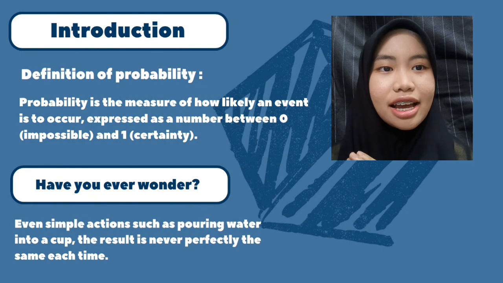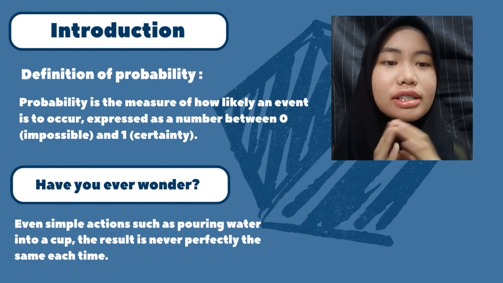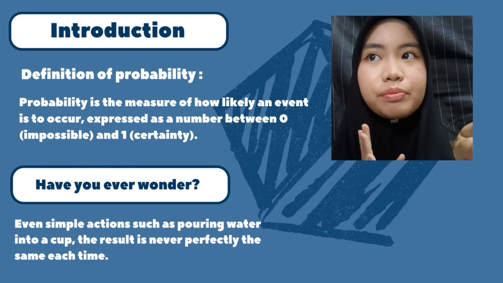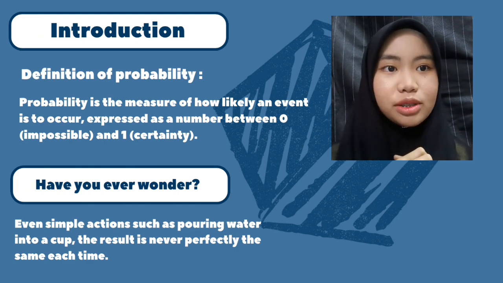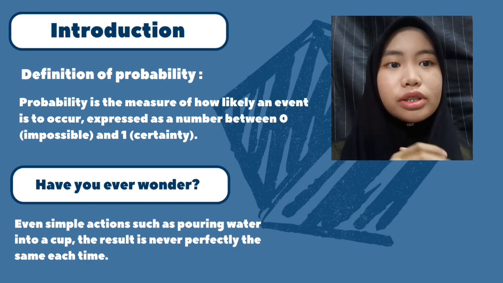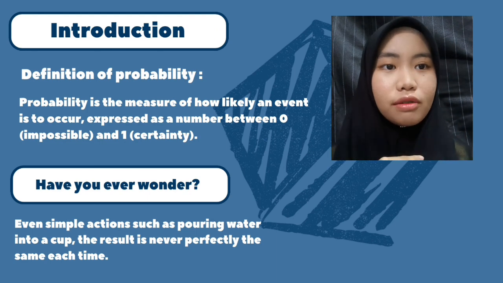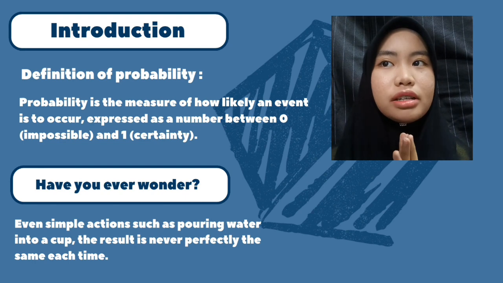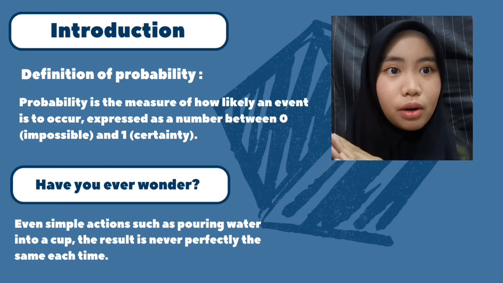So for today, I would like to talk about our experiment, and that is water amount per accuracy. Before we get into our experiment, I want to introduce you to the meaning of probability. Probability is the measure of how likely an event is to occur, expressed as a number between 0, impossible,